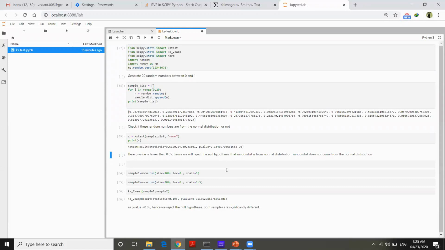In the other case, where we want to do the two sample KS test, we will call the ks_2samp function and pass the two sample distributions. Here we see that the result is 0.01, which is also less than 0.05. Hence we will say that sample 1 and sample 2 are significantly different and do not come from the same population distribution.